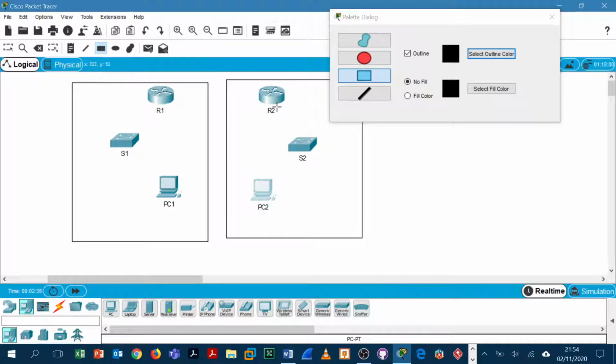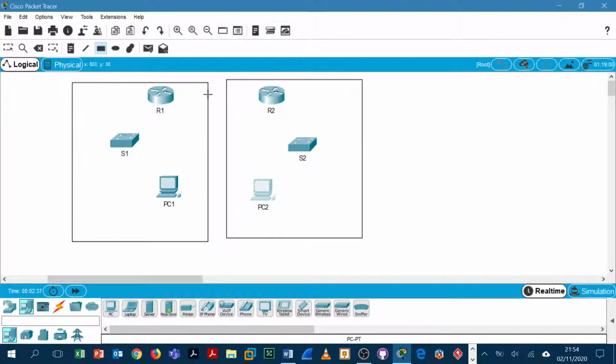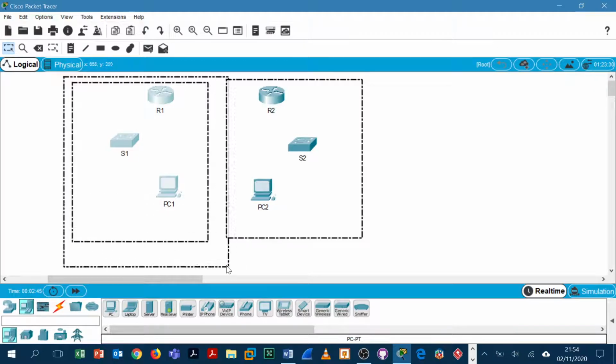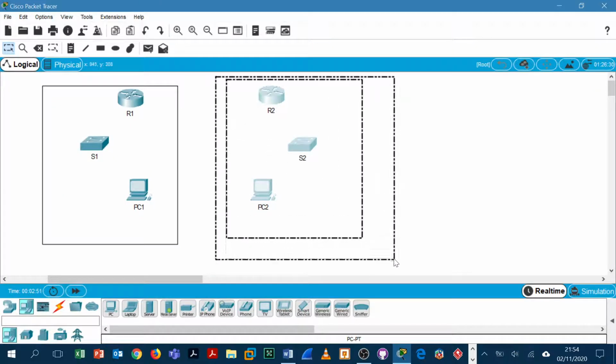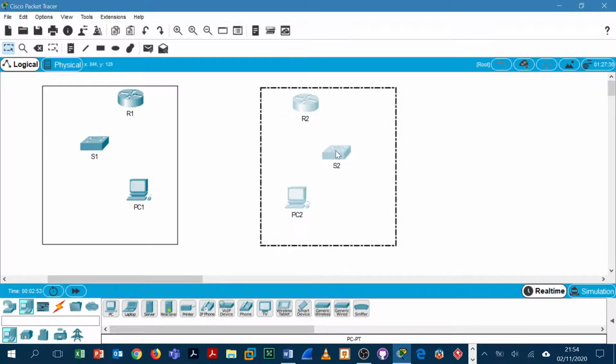Okay, just to differentiate the two. And give a little bit of space between them. Distinguish each one,